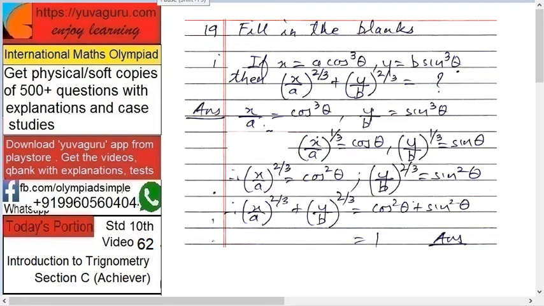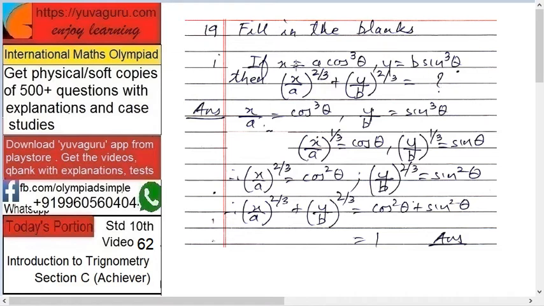Let's start. Fill in the blanks. There are 4-5 sub-questions to this, we'll solve them. If x equals a cos cube theta and y equals b sin cube theta, then (x upon a) raised to 2 by 3 plus (y upon b) raised to 2 by 3 equals to, here it's quite